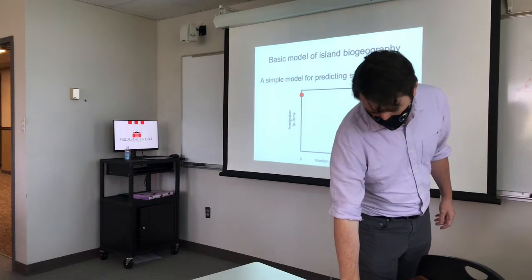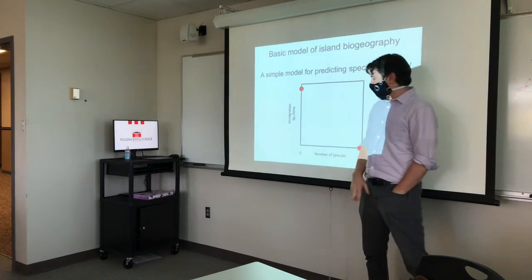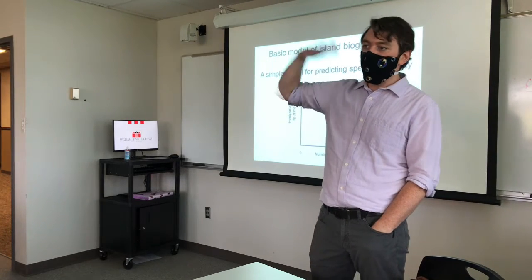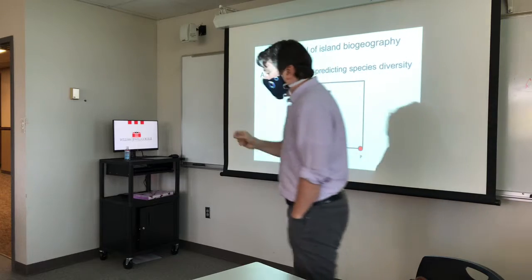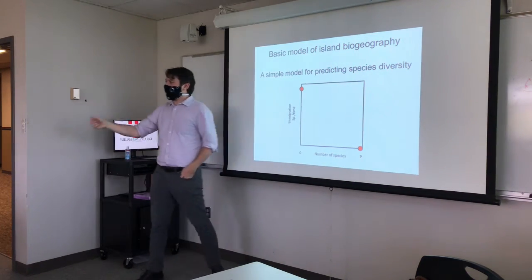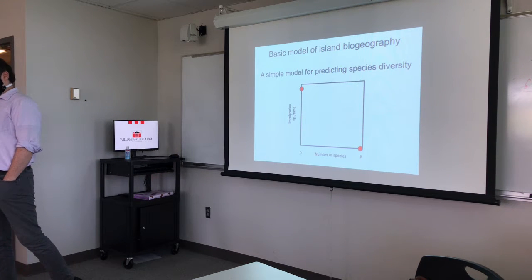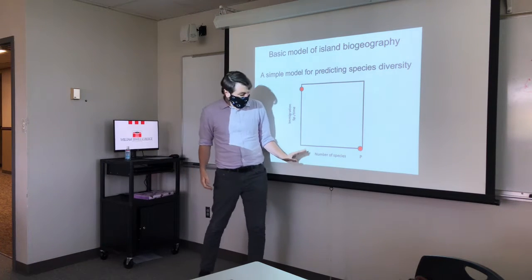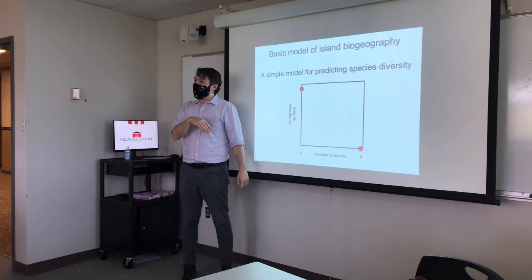When there are very few species on an island, and you start getting propagules, or individuals dispersing from the mainland, the rate at which you acquire new species is going to be really high, because most individuals that arrive are going to be species that aren't already on the island. As time goes on, the number of species on the island increases, and the rate at which you acquire new species with each new individual that arrives goes down.